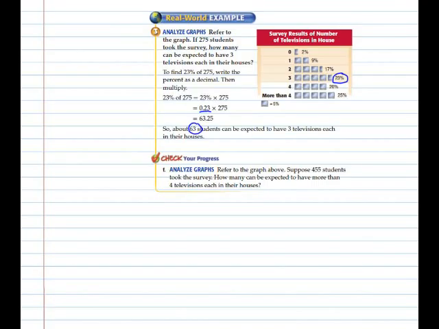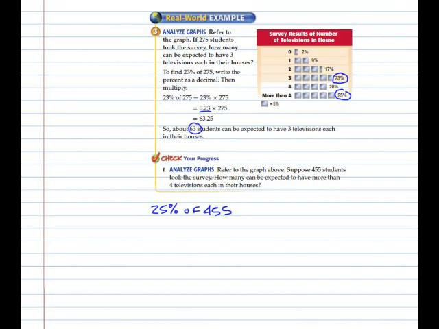In our example, it says, suppose 455 students took the survey, so more students than in the example. How many can be expected to have more than 4 televisions? More than 4 televisions is 25%. So we want to find 25% of